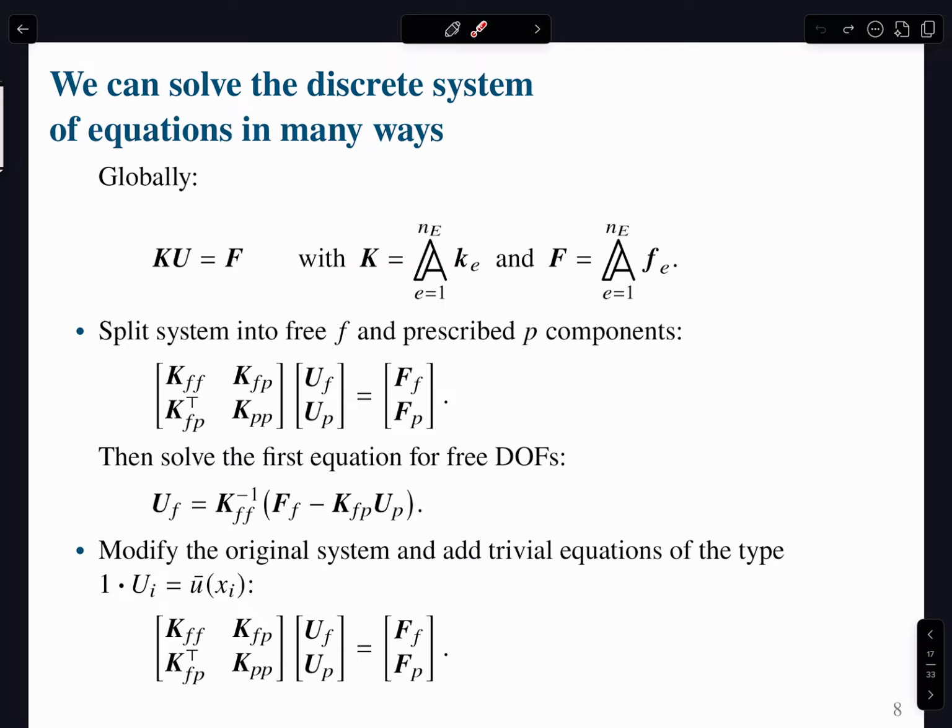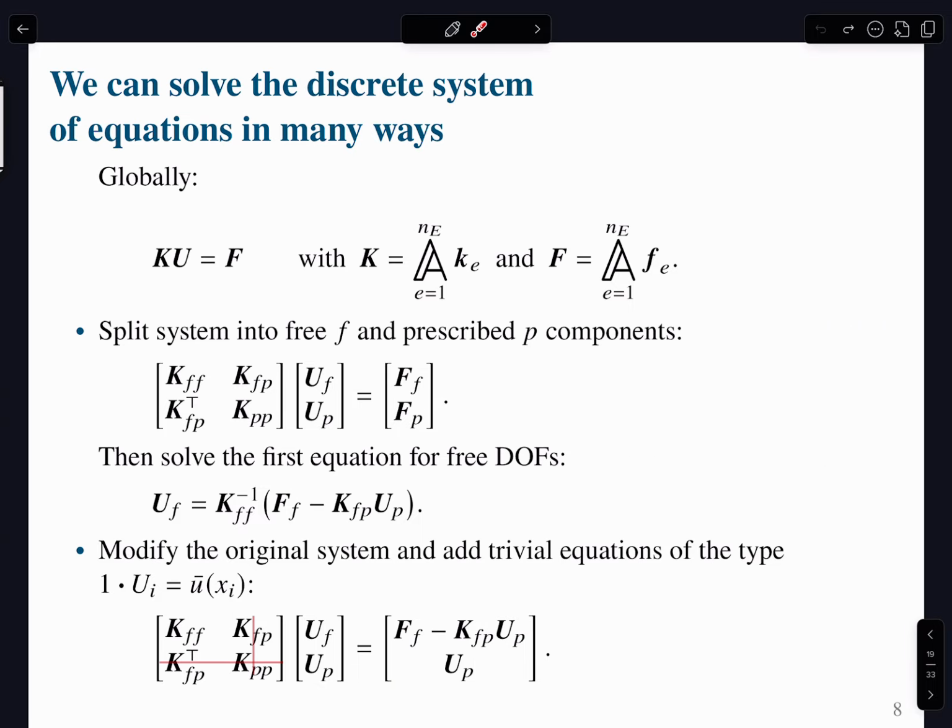Well, instead of doing this and solving for that, I can simply look at the matrix, this equation here. And again, I am interested in obtaining this guy, which is the 3 degrees of freedom, right? So what I'm going to do is modify the right-hand side. So my FF is going to change to FF minus KFP UP, right? Why? Because I know that my UF is going to require that change. And I'm going to set my right-hand side simply to UP,